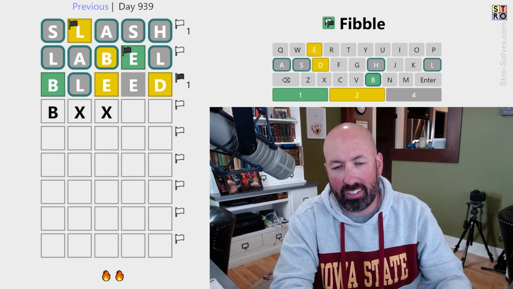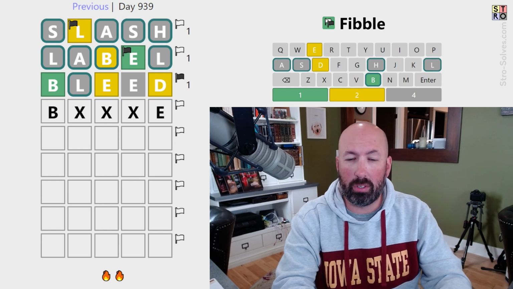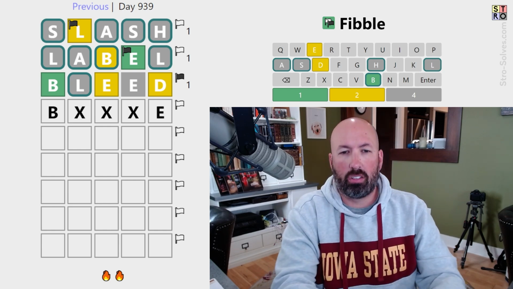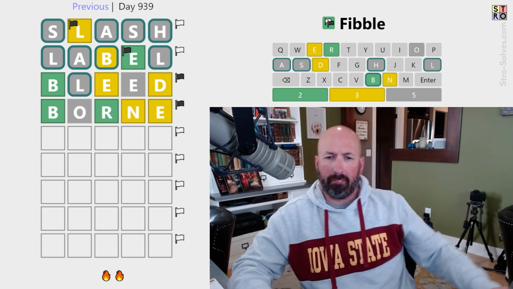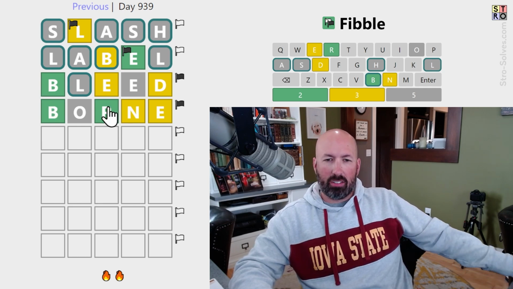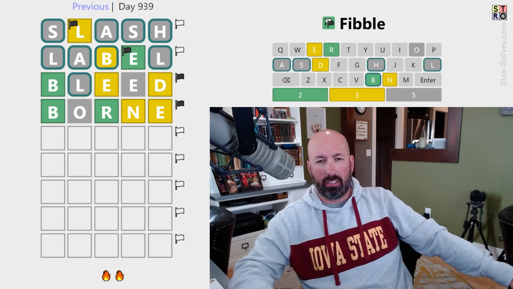If we do no E's, then the yellow E is the lie, so the D has to be true. So maybe no D, maybe no D. We'll do an E at the end and no D, that's fine. We could do something like born. That would work. Okay, well, I mean, it's likely that the B's are true. We know there is a B, so if there's a B somewhere else, then those could both be lies, but